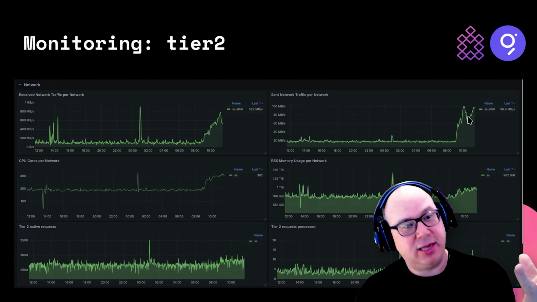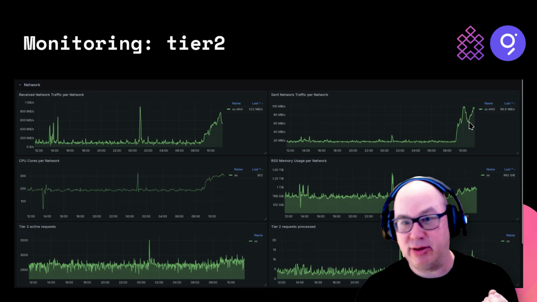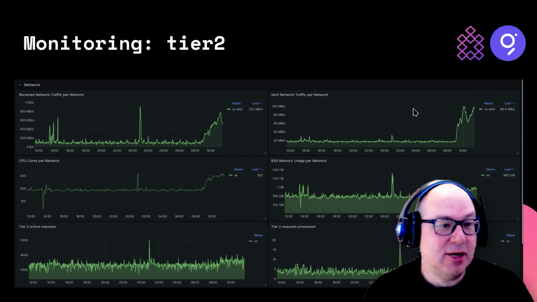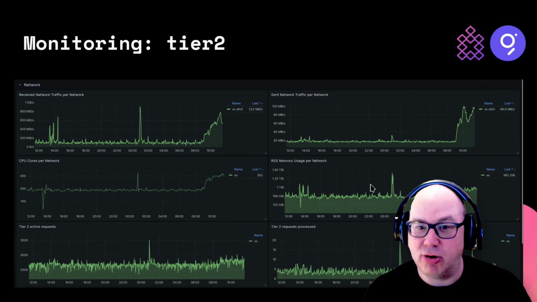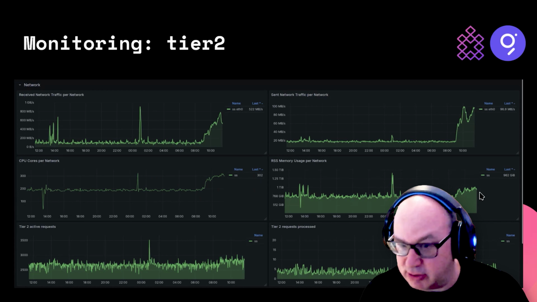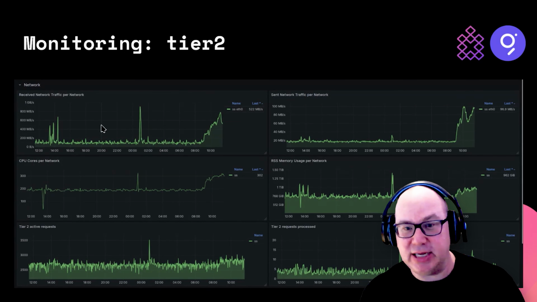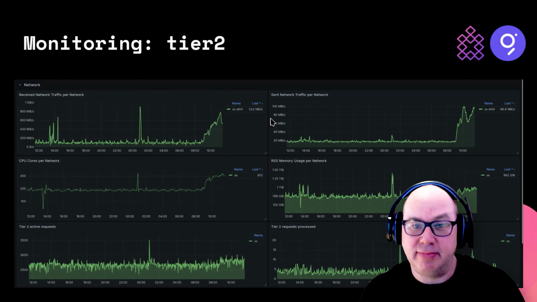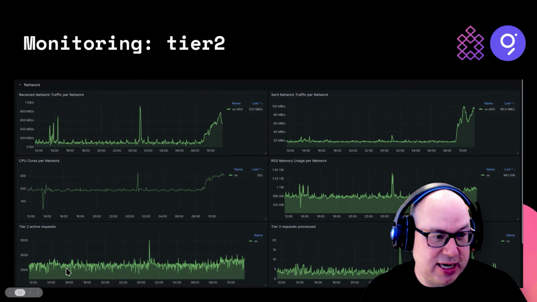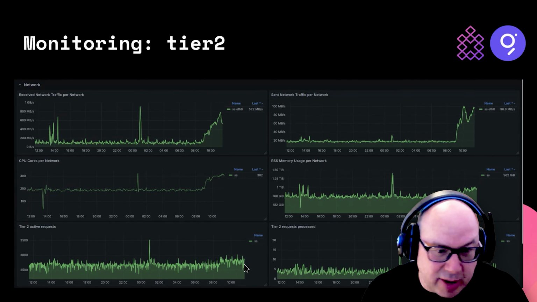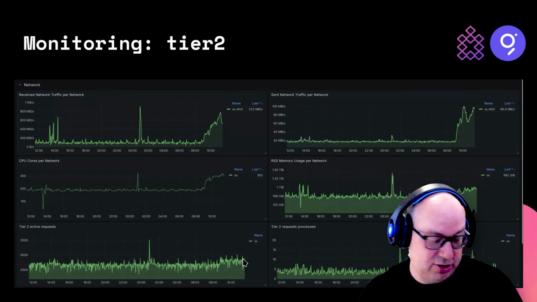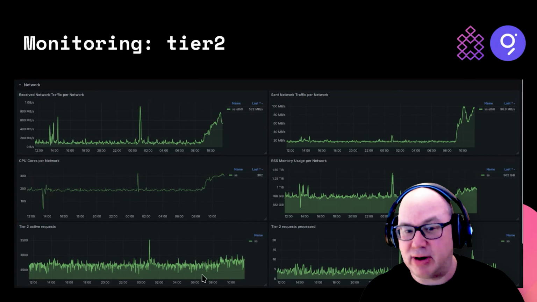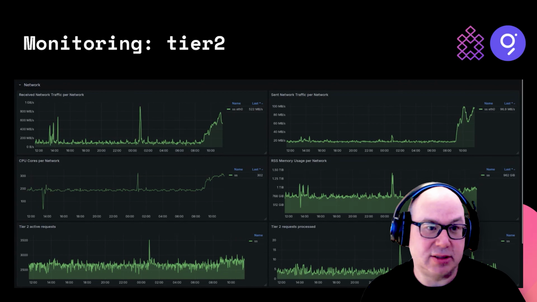There's an 8-to-1 ratio in this. The Firehose blocks are getting processed and then reduced down to a very small size, 1/8 the size, for the cache. You can see we're using about 300 CPU cores and a terabyte of RAM or so. So it's busy doing a whole bunch of work here. I have no idea what it was doing at the time, but that's what's going on. You can see it's processing 2,700 tier 2 requests at once, so there are a lot of parallel jobs running in this example.